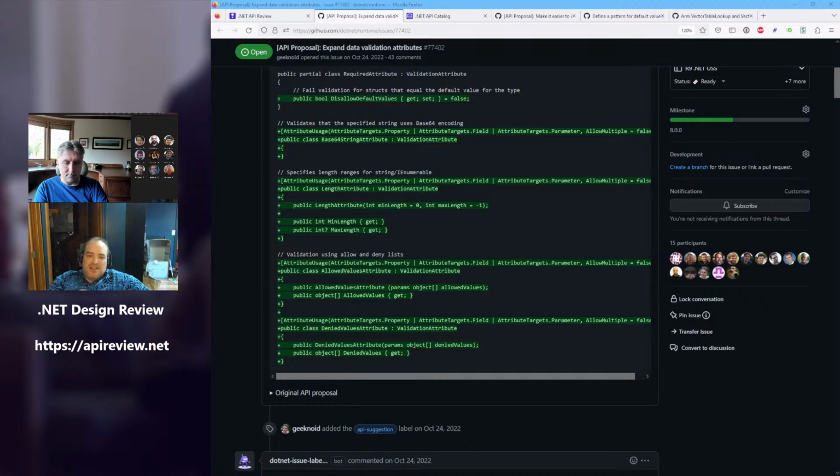And this is setting itself up for suggesting that attributes be instantiated, which apparently is already true if the validation attribute has methods on it that get invoked. That is not entirely consistent with other attributes we've looked at in the last couple of years.